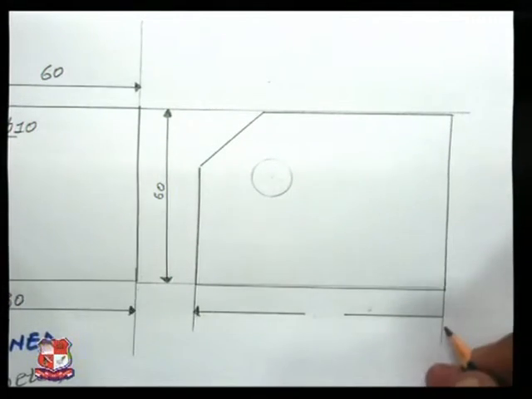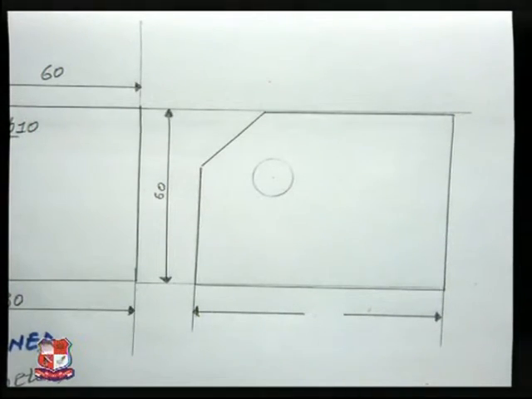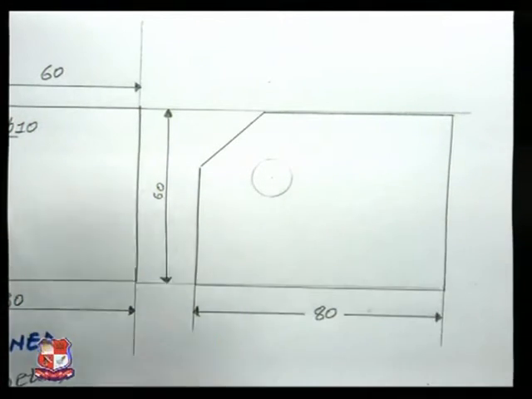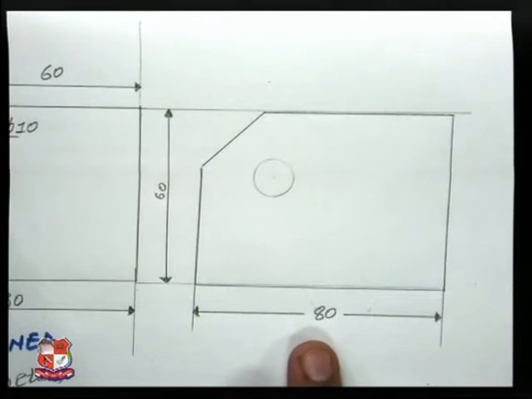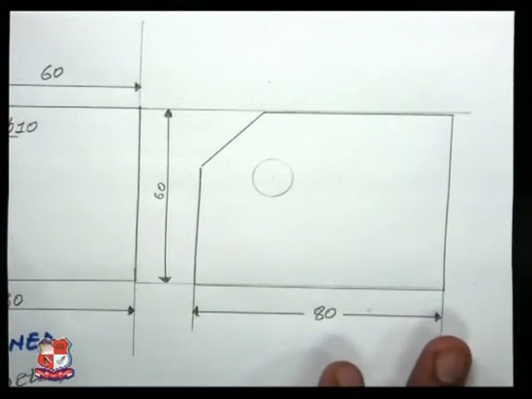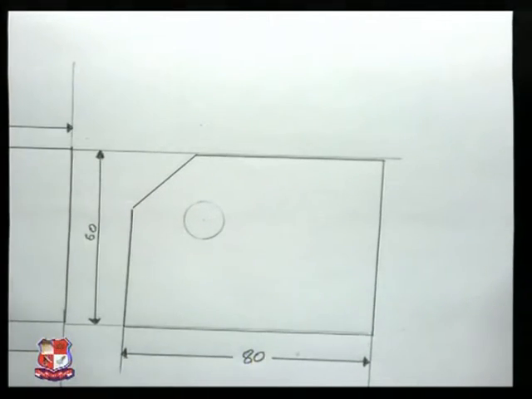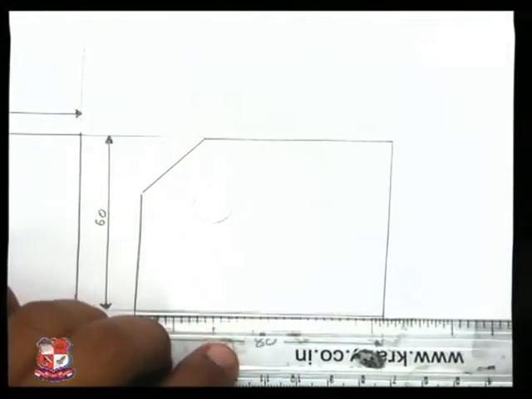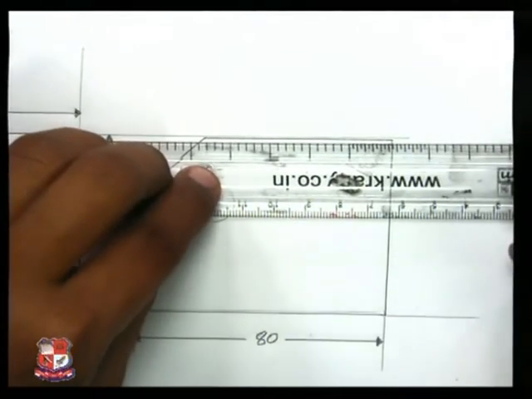On both sides, filled arrows should be there, and you should mention the dimension in the break space, that is, in the middle of the dimension line. Don't forget to put filled arrows on both ends. This is about horizontal dimension. Now let's see vertical dimension. Extension line,